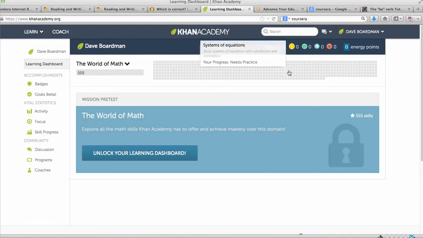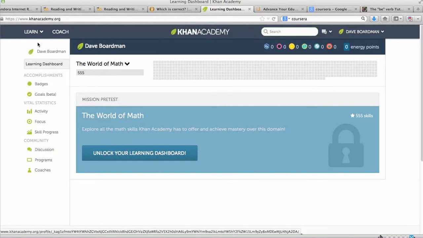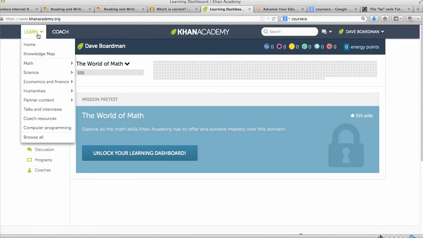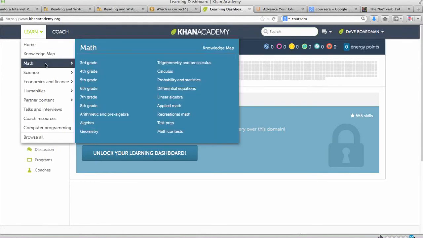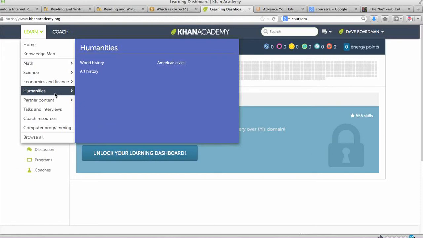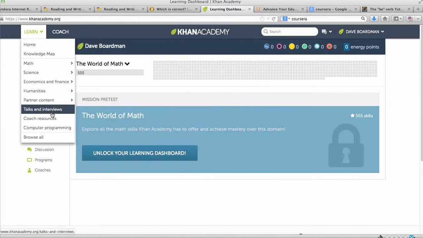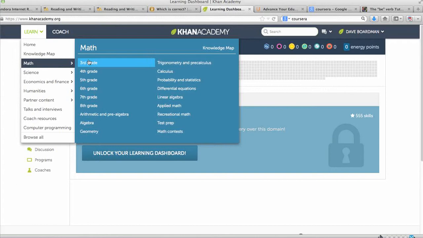So this goes quite sophisticated math in the end, and there's a lot that can happen here. It's not just math, but look, we're talking third grade to calculus. There's science, economics, humanities. There are links with other organizations as well, and different kinds of things. So it's a real range.